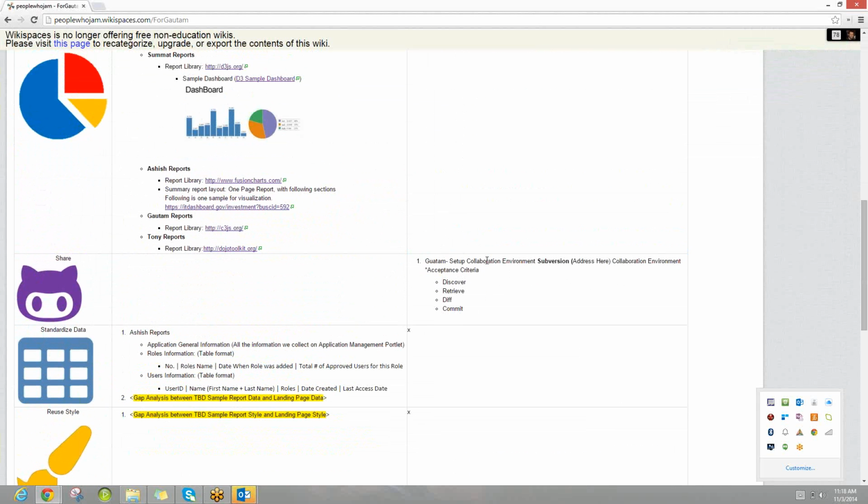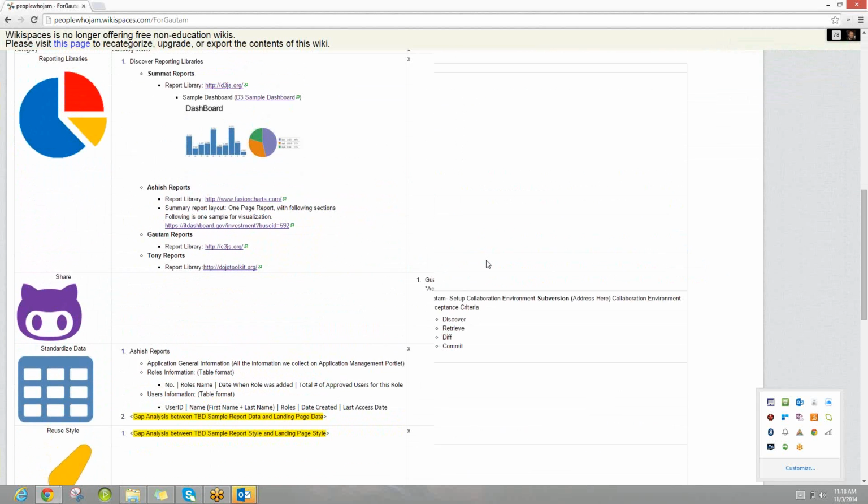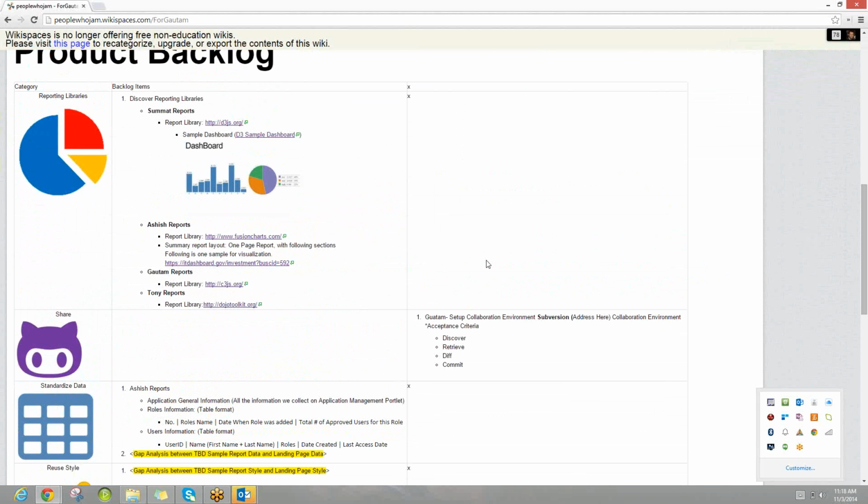So backing up, we have these 4 report libraries. Gotham, my guess is you would be the most interested if it was just going by you. Which of these reporting libraries? I'm guessing this reporting library, the C3JS, would be the one that you'd be most interested in experimenting with. Is that correct? That's correct, but